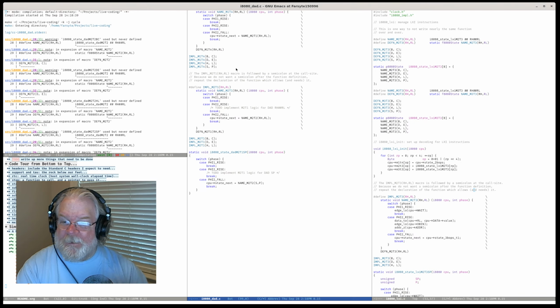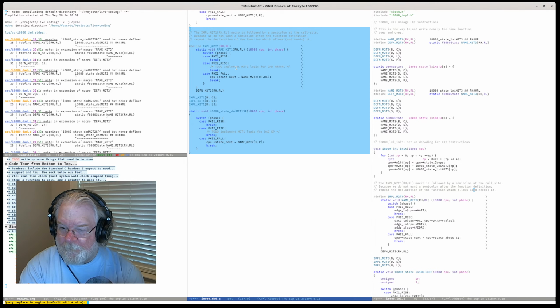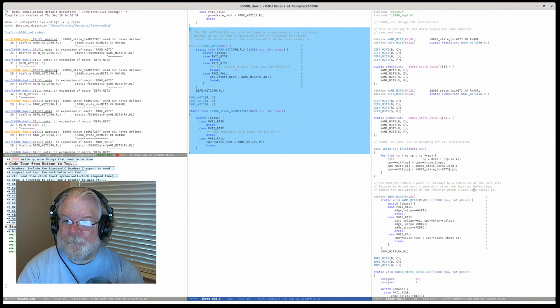So duplicate this from M1 to T1 to T2, T2 to T3.